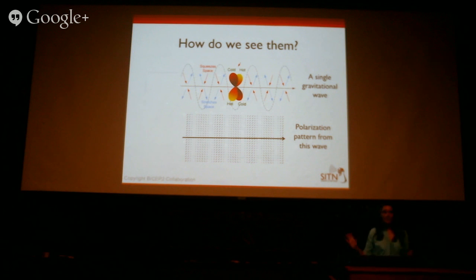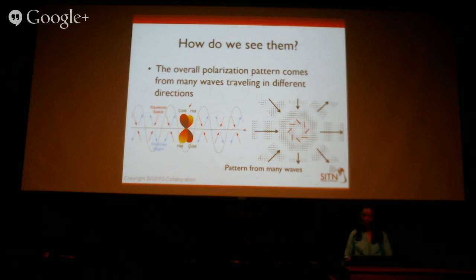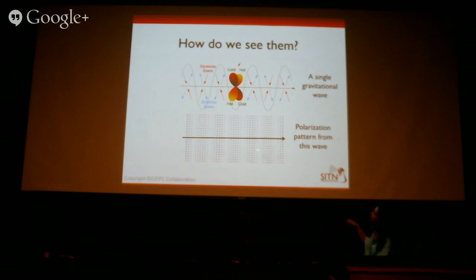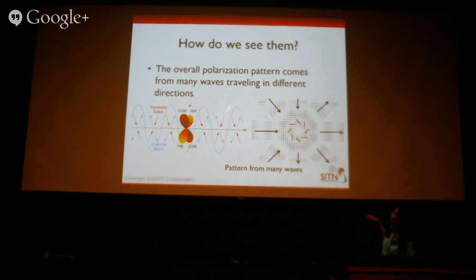Now, you don't just have one gravitational wave moving through the universe. Inflation happened everywhere, so you get waves moving in all directions. So what we really see when we look at the cosmic microwave background is a sum of all of these different waves that were moving in all these different directions. So if I take that same polarization pattern from the previous slide, and I have all these waves moving in different directions across here, and I add them all up,